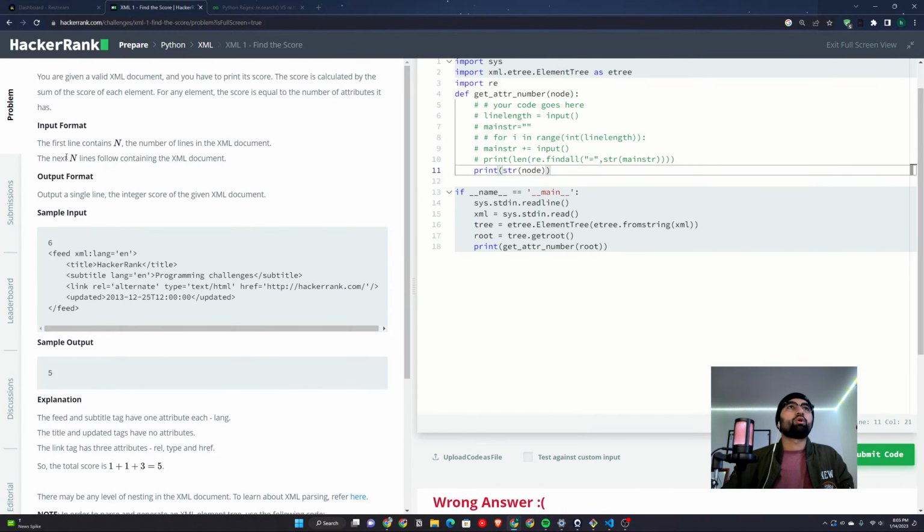Okay. So the point I'm trying to make is that you're given a valid XML document and you have to print its score. The score is equal to the sum of the score of each element. For any element, the score is equal to the number of attributes it has. The first line contains n, the number of lines, and